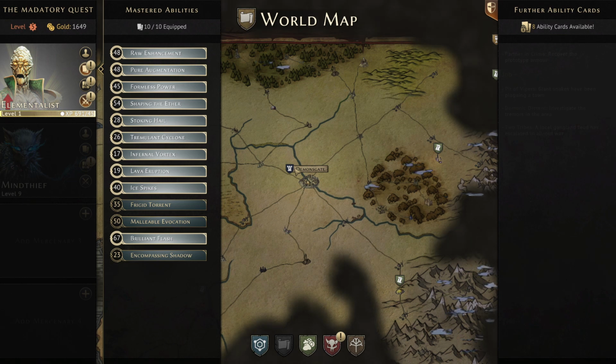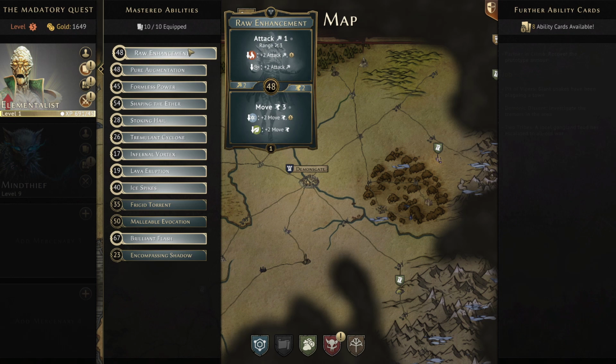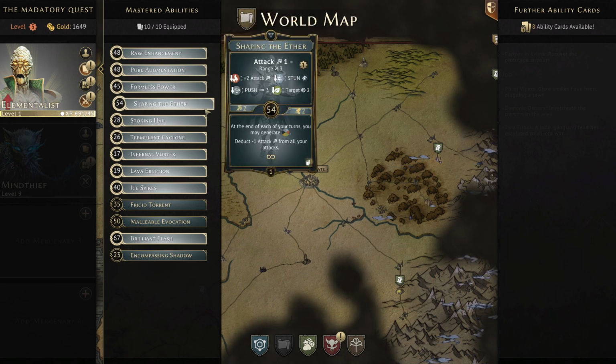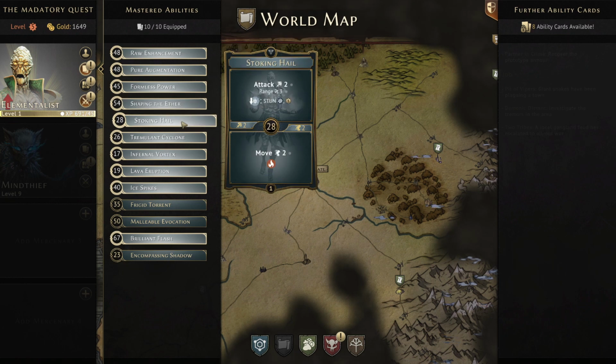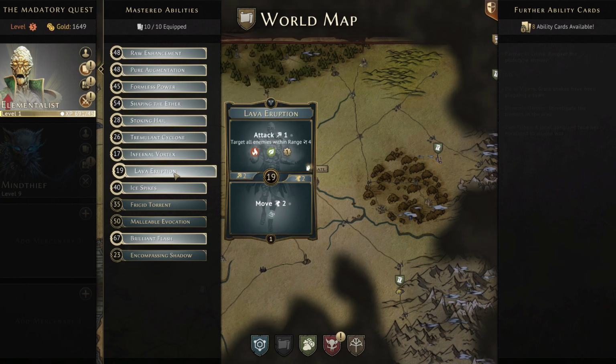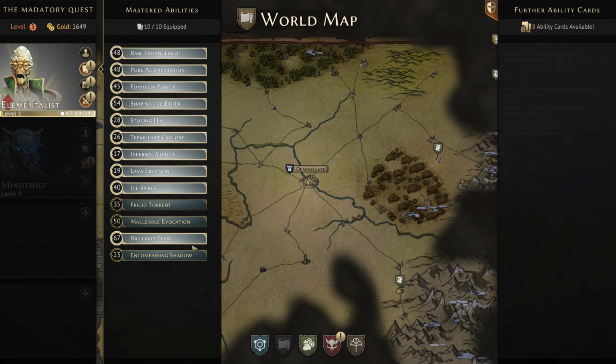So let's get into a nice simple build that hopefully everyone can follow and have success playing with the Elementalist. Let's have a look at the cards we take at level 1 and why we're using them. Our starting cards are Raw Enhancement, Pure Augmentation, Formless Power, Shaping the Ether, Stoking Hail, Tremulent Cyclone, Infernal Vortex, Lava Eruption, Ice Spikes, and Brilliant